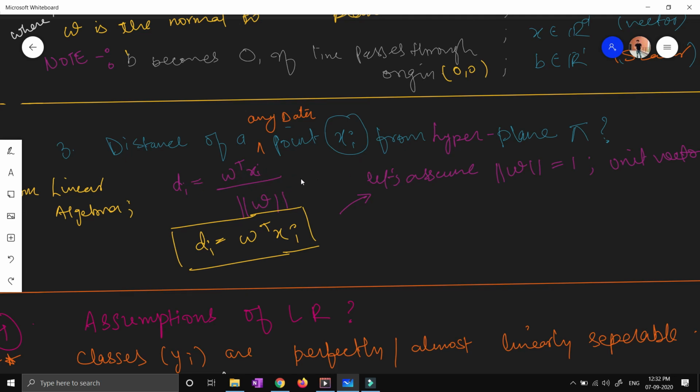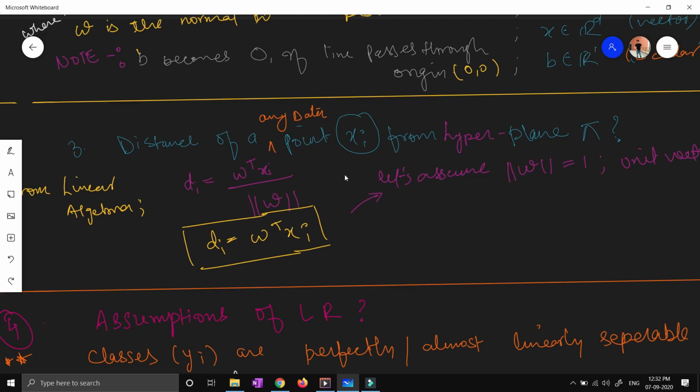So we are assuming that our intercept term is 0, so our line passes through the origin. So here b equals 0, so that's why I have written W transpose x plus 0. Because b is 0, I have removed that. It can be like this also: you can write plus b, where b is equal to 0 because it passes through the origin. Our plane passes through the origin, so hence I have removed this term.